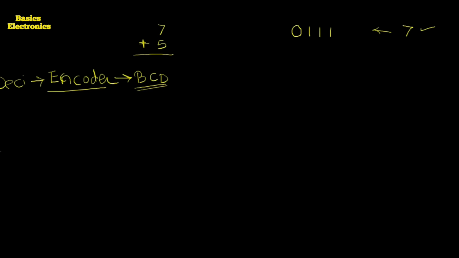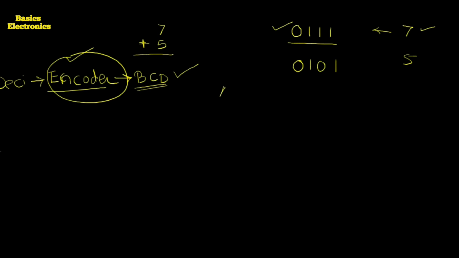After that we press the plus sign, and for the plus sign there is again a code, and that code is inserted. Here the working of the encoder starts. When we press the 7, it is coded into 0111. When we press the 5, the code available is 0101. The input is converted into BCD or some other code, depending on what type of calculator and keyboard we are using, and many other things.